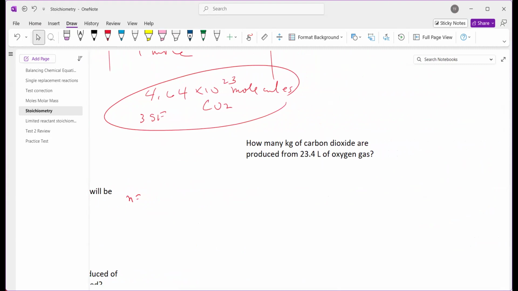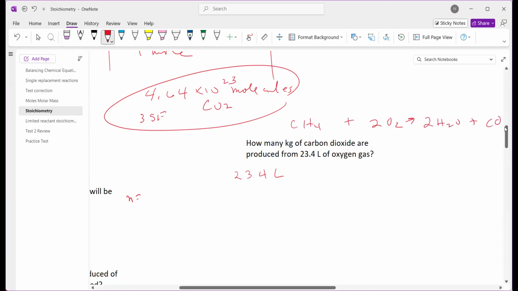So we're starting with 23.4 liters. Same reaction now. Same reaction, so the reaction is going to be methane plus 2 oxygen gives us 2 waters plus 1 carbon dioxide. Okay, we're starting at 23.4